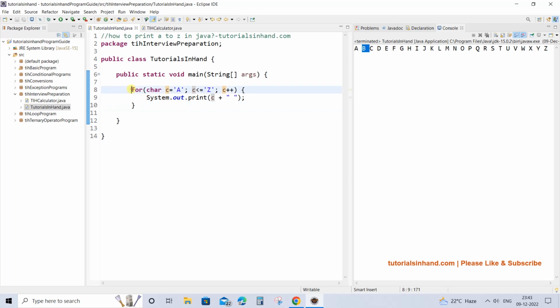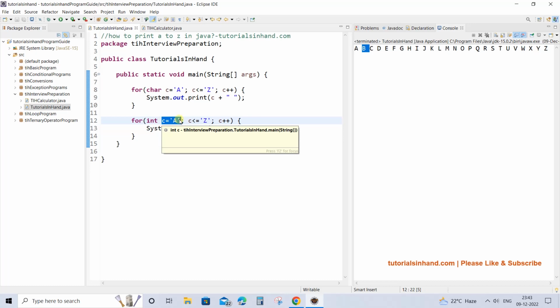Now we can also write the same in a different way. For example, let's see this one. Instead of char, we are taking it as int c equals A. Now if we convert this character A to integer, then we know that it will give the ASCII value, right? So at this place A will have the value 65. If you are not able to understand, please visit the video tutorial where we have shown how to find the ASCII value of any character, and then you will easily be able to relate this. So A is converted to int, and it gives the ASCII value. That means A's ASCII value is 65.